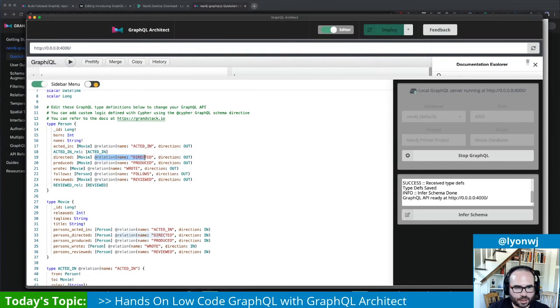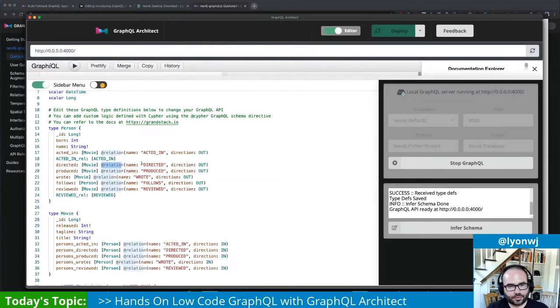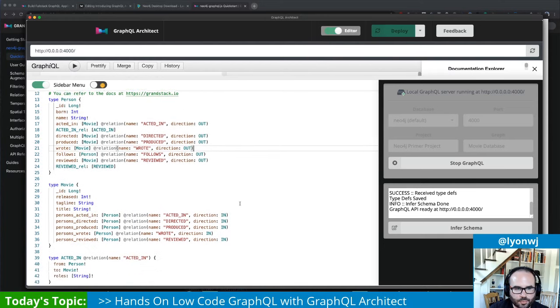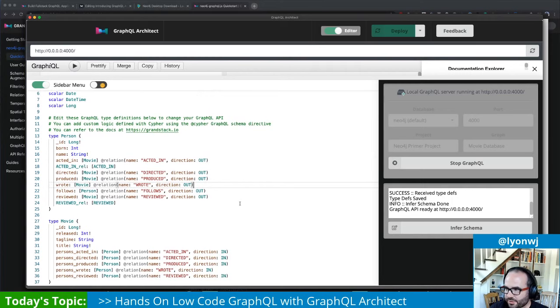And then relationships are indicated as object fields with this relation directive that defines the relationship type and the direction. So these relation directives store additional metadata, since in the property graph model, every relationship has a direction and a relationship type. We add that metadata here. Cool, so you can see in our GraphQL type definitions, we're just defining the basic data that's available and how